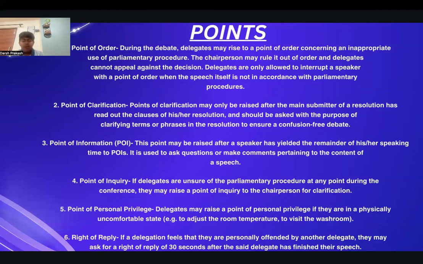Okay. So in verbal POIs, what happens is if time is left in the GSL and the delegate yields to POIs, the executive board will ask, are there any POIs on the floor? Then you can raise your virtual hands. You'll get the opportunity to ask a question.